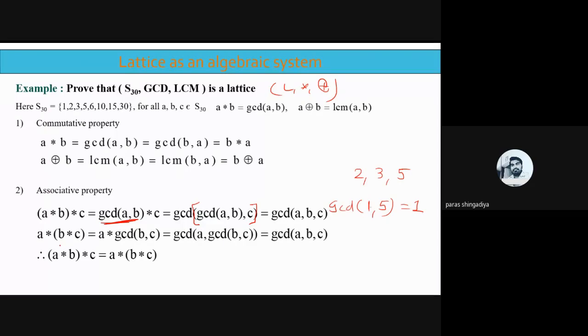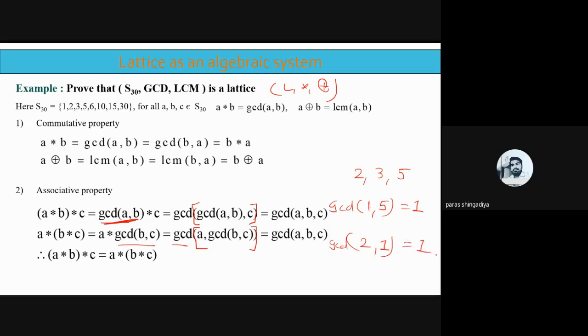And now in the second part, we have A star, B star C. So first solve the bracket, that is GCD of B star C, and now remove the star. So it can be written GCD of A comma GCD of B comma C. For these two entries, A and the GCD of B and C, now check this answer. First solve the GCD of B comma C. What is the GCD of 3 and 5? That is 1 itself. And now GCD of 2 and 1, that is A comma GCD of B comma C. So the answer is obviously 1.